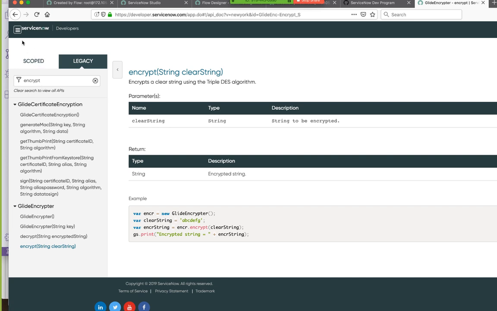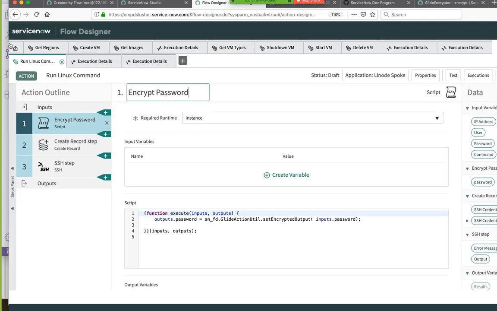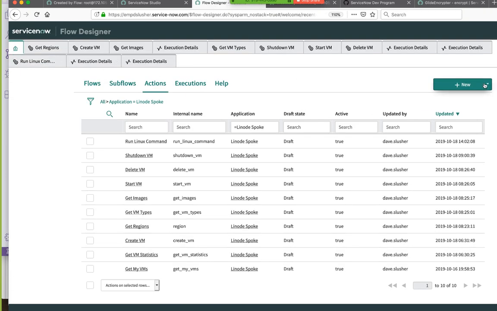I mean, we could dump it. Here's what we're gonna do. I'm gonna do this right. We're gonna do this right now. We'll get around this, which is we're gonna create an action in global that will do this for us. Encrypt password. Yes. So let's go ahead and do that right now. Yes, we are trying to encrypt.